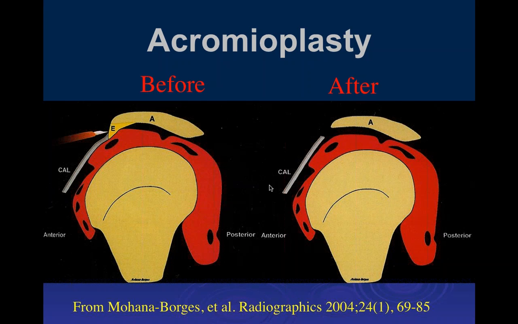Okay, and the treatment for these conditions is acromioplasty. If you have an anterior osteophyte, you can go in and just remove that osteophyte. Now, the coracoacromial ligament shouldn't actually insert on the osteophyte. It should insert on the acromion process, and the osteophyte grows along it. But still, when you remove that osteophyte, you often have to sever the coracoacromial ligament. In fact, at one time, this ligament was thought to be responsible for the impingement, and it was often resected